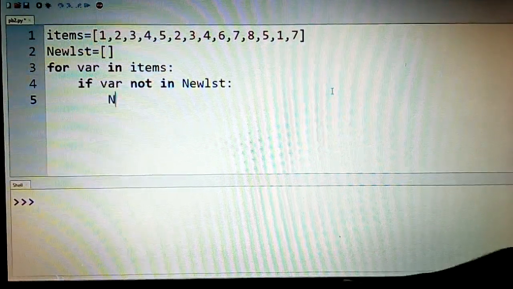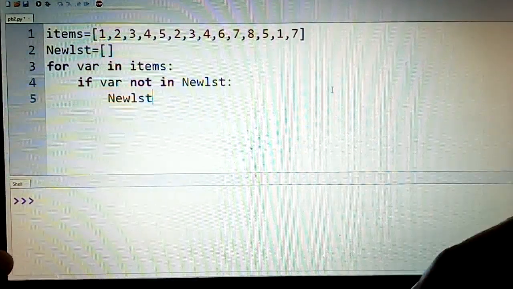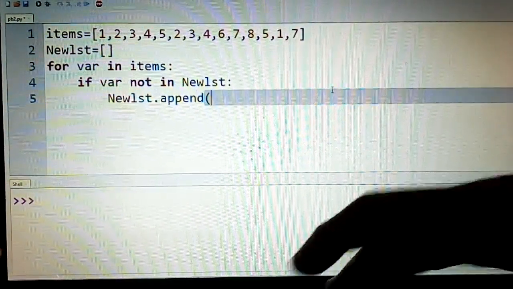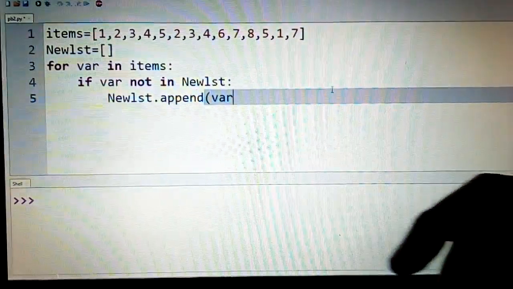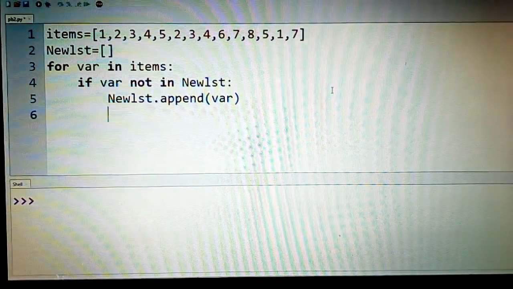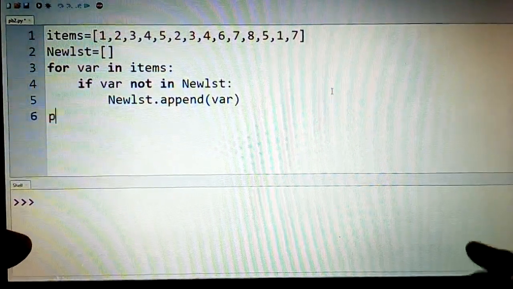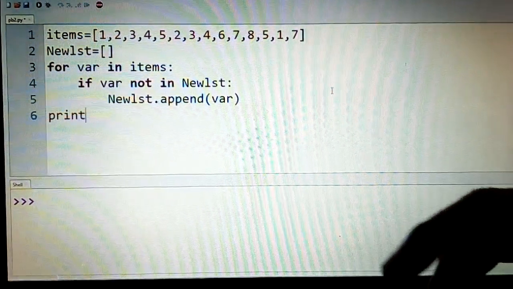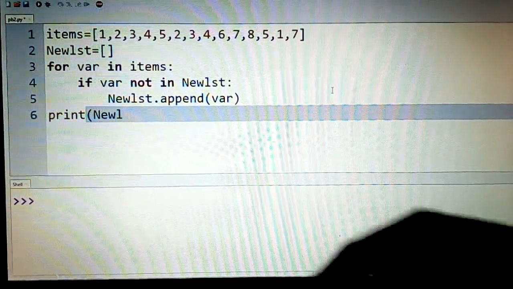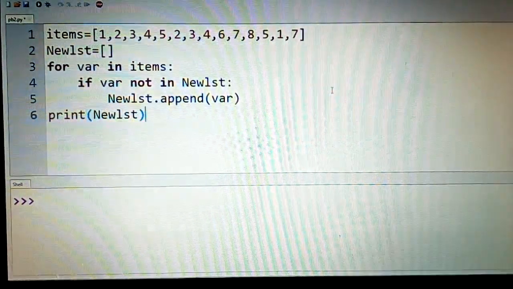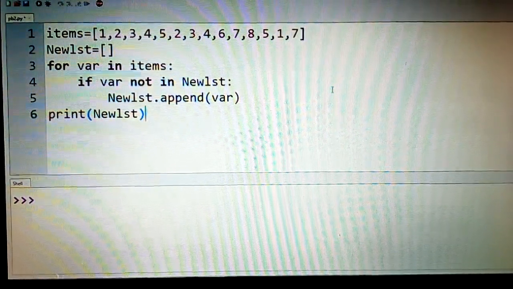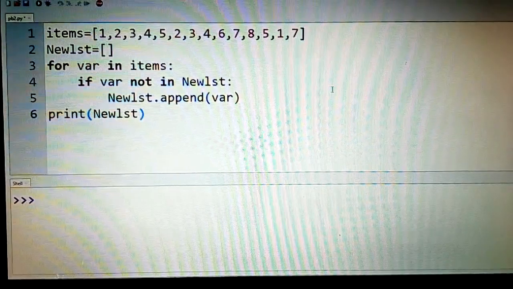So we can say here newLST.append(var), so it will keep on appending only those items which are not present in the new list, and nothing else is there in this program. And finally when you come outside the loop, you just have to print newLST, and that's all the solution. So it's a very simple but very useful program that you can use to eliminate the duplicate items.